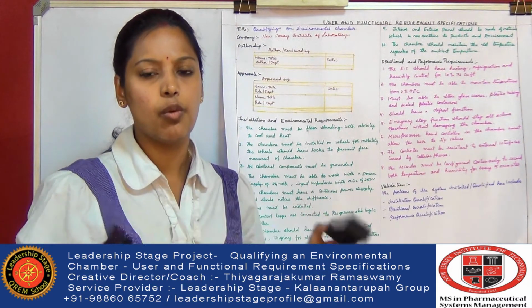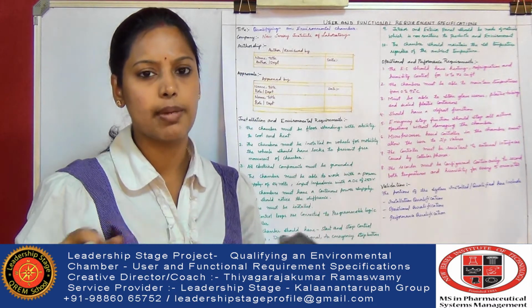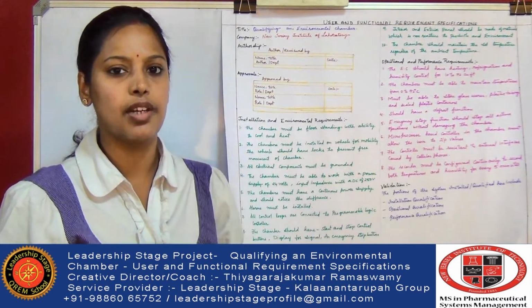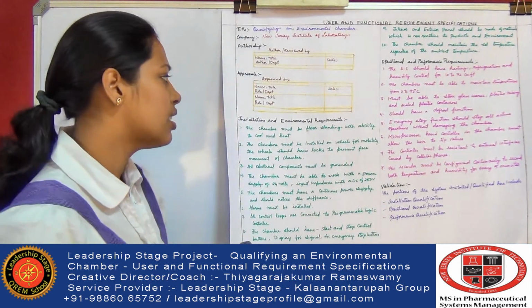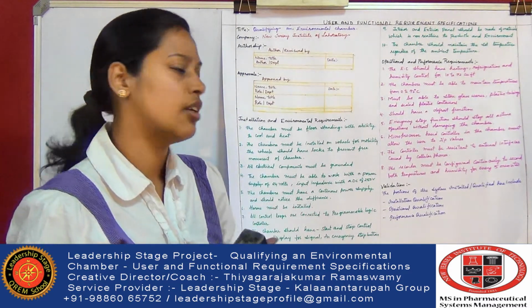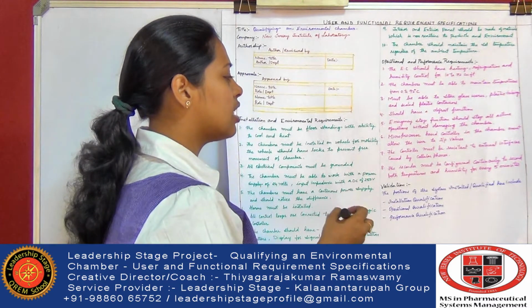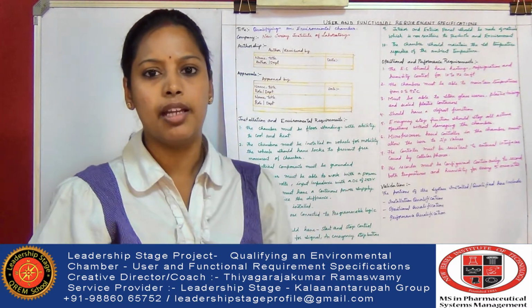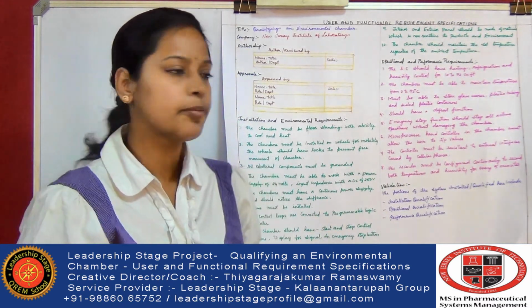So if we want the mixing to be 72 cycles per hour, if you press that button, it will repeat the same 72 cycles per hour. That is how it has to be. The chamber has to be a microprocessor based controller. The controller must be resistant to external interference caused by cellular phones, and the magnetic field must be 0, obviously.